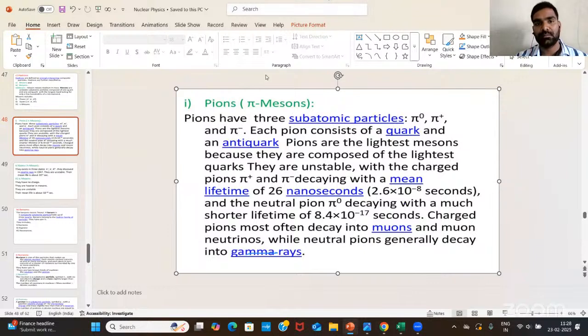Neutral pions are generally decaying to gamma particles. Okay. Next,